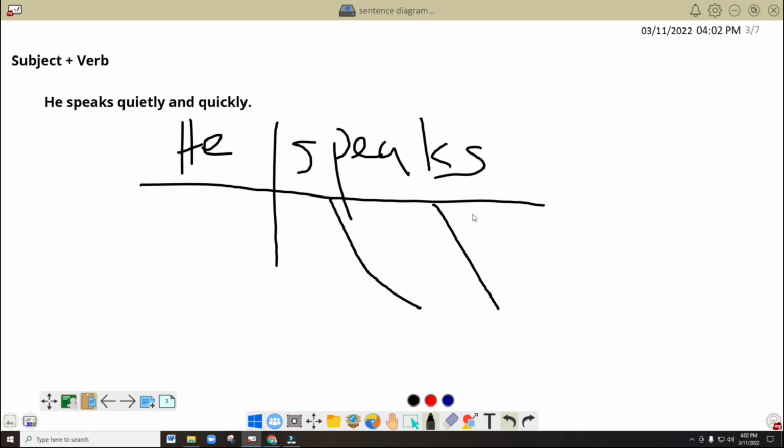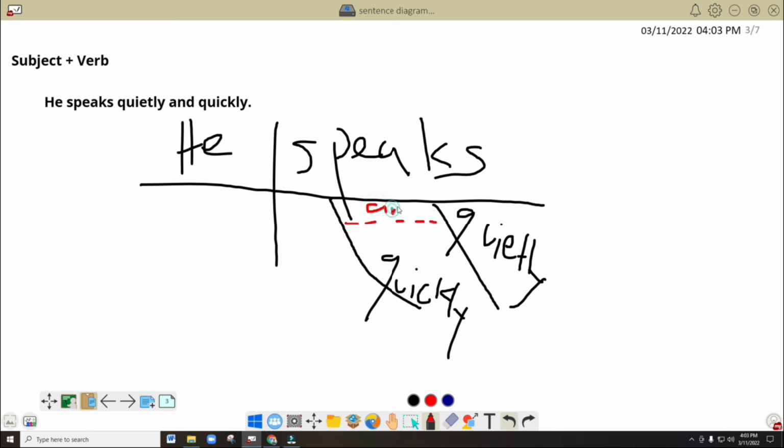So we put here quietly, quickly. Okay, so he speaks quietly, quickly. But, sir, how about this? Where are we going to put now our conjunction and? Hmm. So like what we did earlier, we need to provide a dotted or a broken line. So the broken line will go here. Then write the word here. And. So